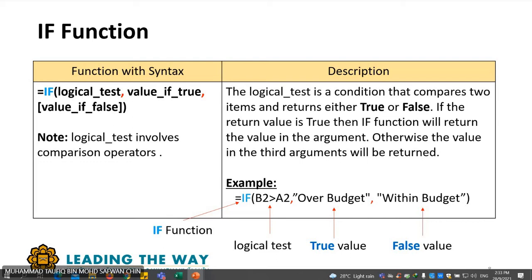For number tak perlu put double quote. You can just put the number 1 ke 2 ke 100 ke, it depends on you. Numbers tak perlu. But if you put double quote, then inside the double quote is a number, automatically dia akan change kepada text instead of numbers. Okay, let's have a